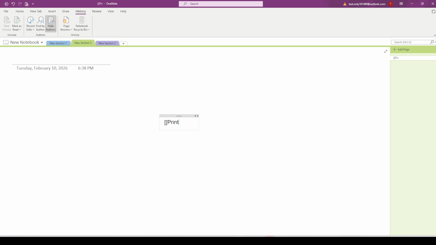Immediately after those brackets, type the name of the page you want to link to. For example, if the page is titled Project Meeting Notes, you would type that title exactly as it appears. Project Meeting Notes. Matching the title precisely helps OneNote find the correct page. If you're not sure of the exact wording, take a moment to check the page title first so you don't